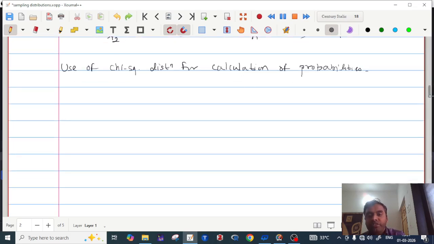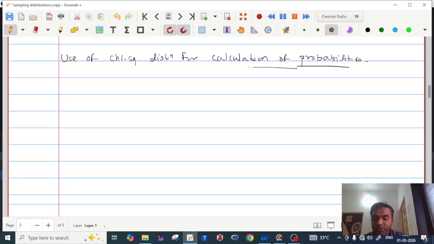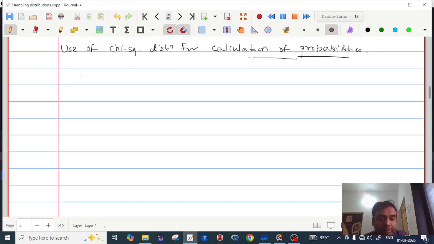The chi-square distribution is positively skewed, so its graph is, if you observe,